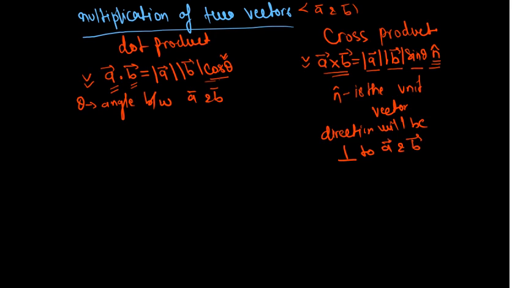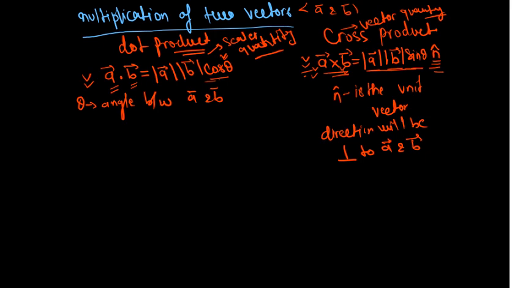So whatever two vectors are available with us, their cross product will be a quantity with some direction. Definitely, a quantity with direction means a vector quantity. So cross product of any two vectors will be a vector quantity, and dot product, you see, is a scalar quantity, not a vector, but cross product provides a vector quantity.